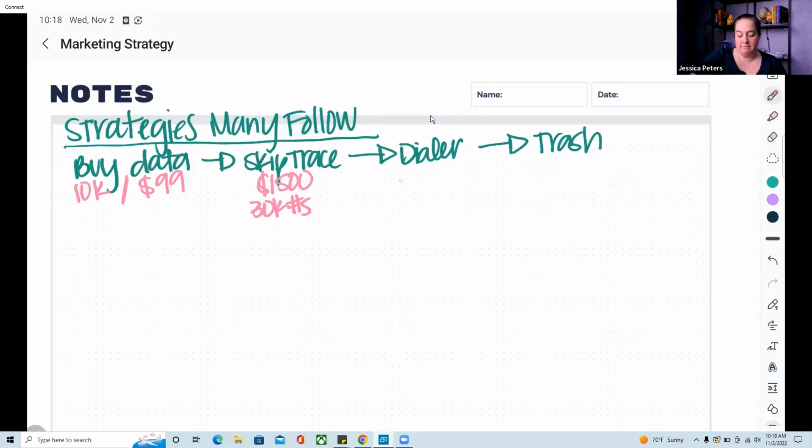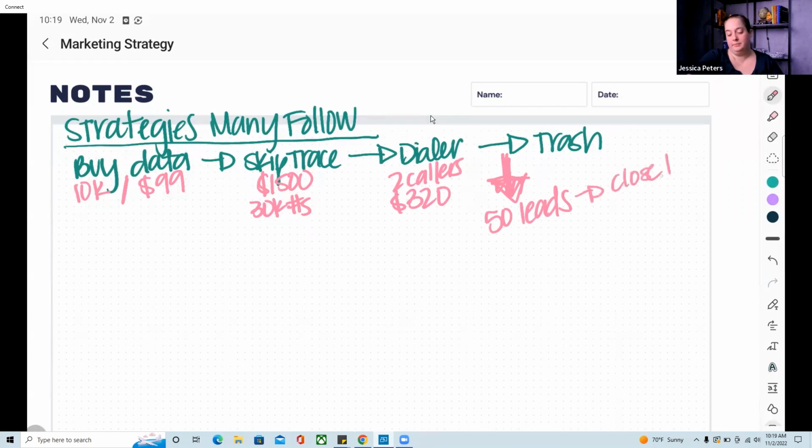And you're going to send it to a dialer, maybe 2 callers on the dialer, which is going to cost you $320, right? Out of that, what we're hoping is that between dialing and throwing out the data, we're going to generate some leads. So maybe we generate 50 leads. I'm just using some approximate numbers here, guys. And of those leads that month, if we even close 1 contract for $12,000,